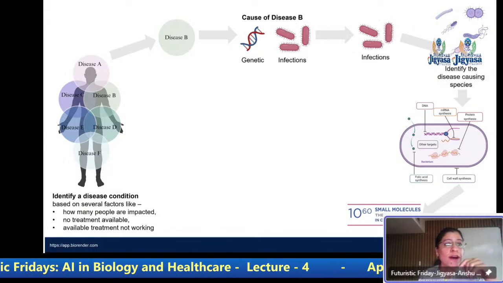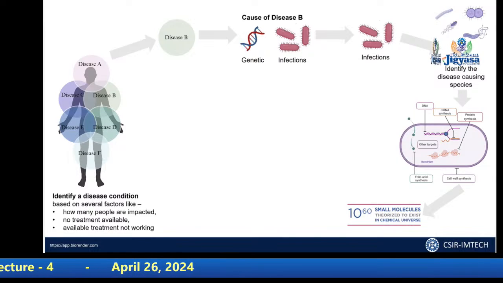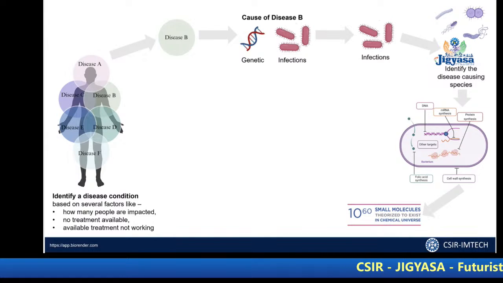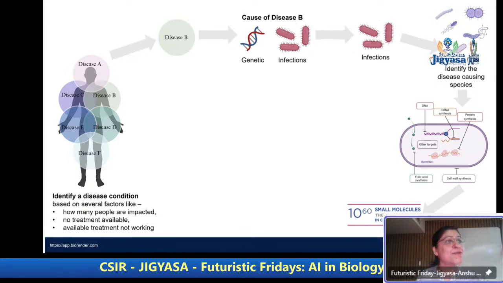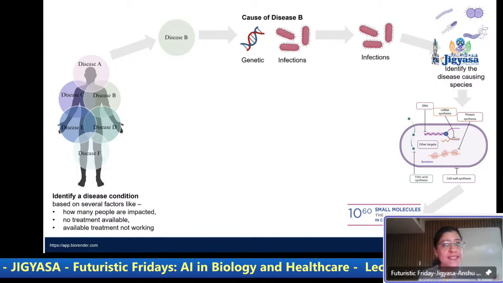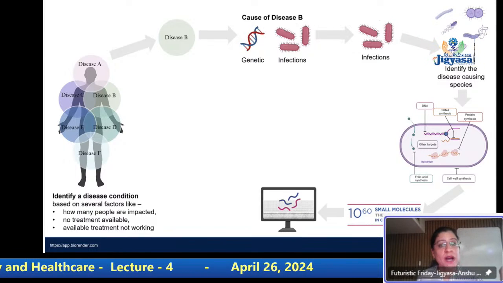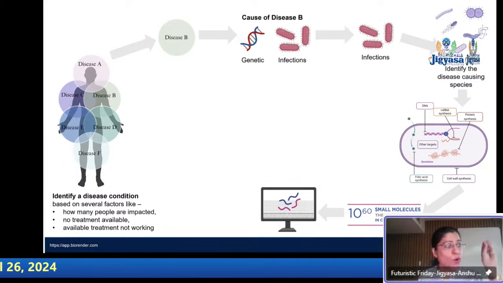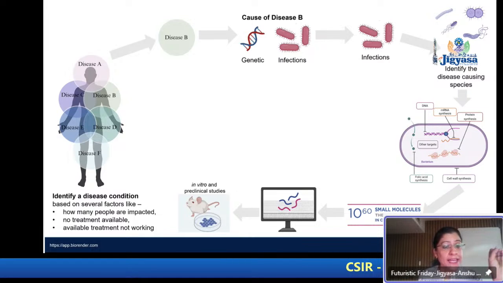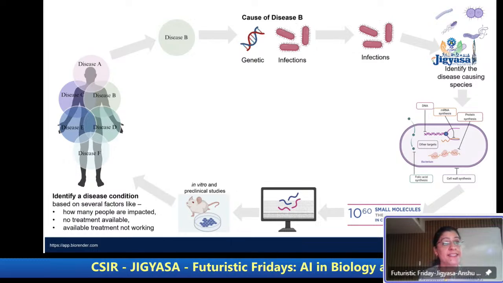And then you look for how to target it with. So you are actually looking for a drug. How many possible drugs can be there? They can be 10 to the power 60. It looks like a very big number, right? You can say billion, trillion, but it is beyond that. Which means that there is no manual way of looking at this data. So you use the power of computers to say, okay, can I shortlist or select one from this repository and then test it in lab, see if it works in mice, and then test it in a human.